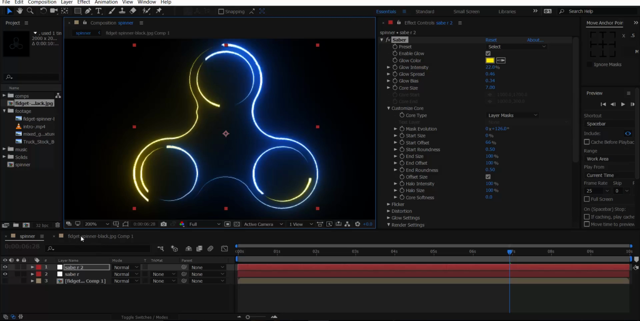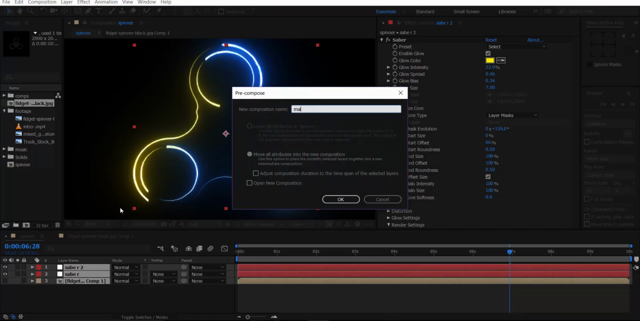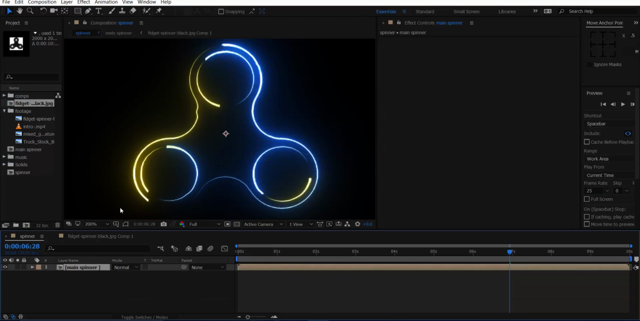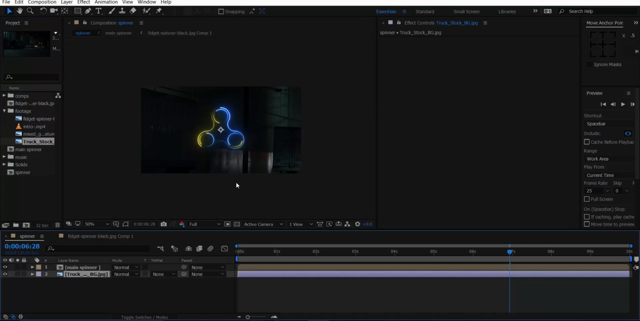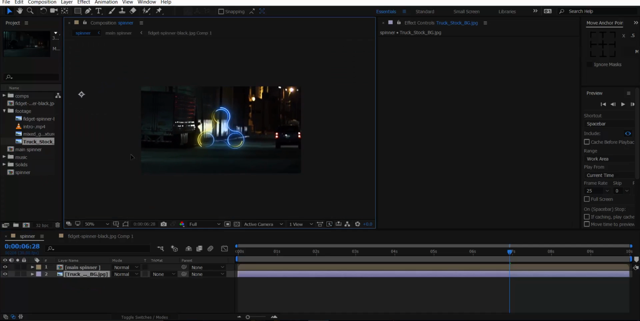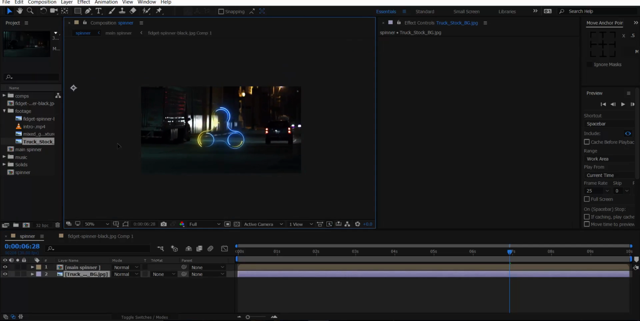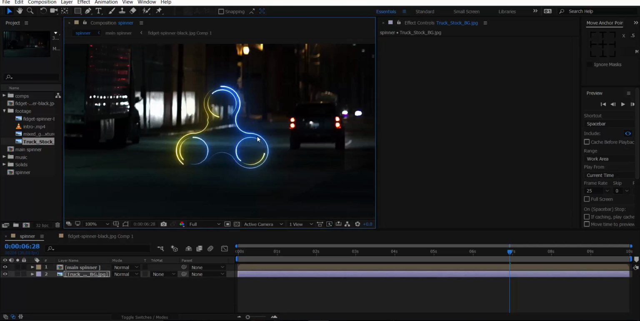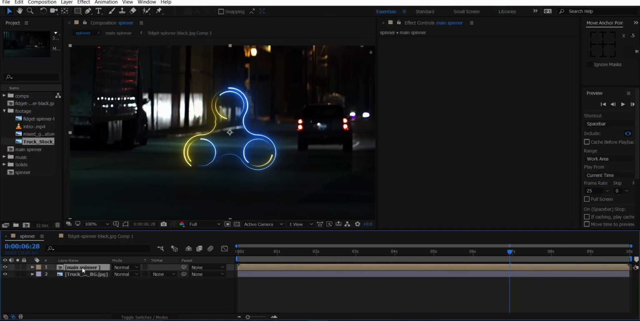So this is good. Now let's select all of this layer and just recompose and call this main spinner. Fine. And now let's add our background layer. Fine. So maybe something here. Alright. So now it's time to add a